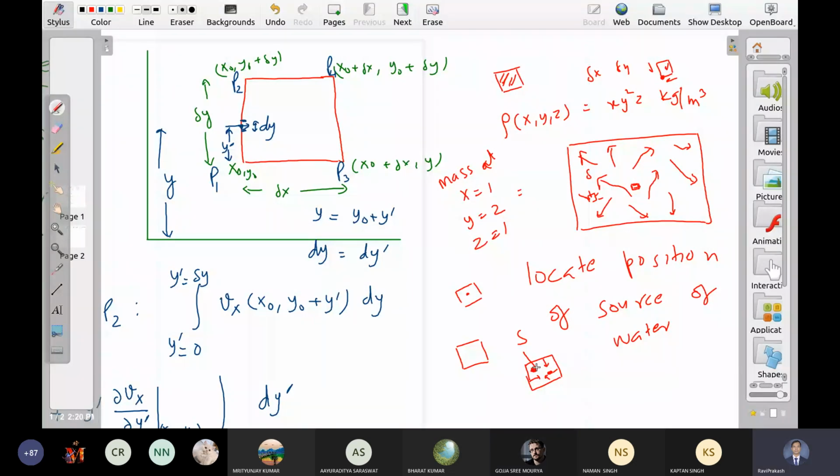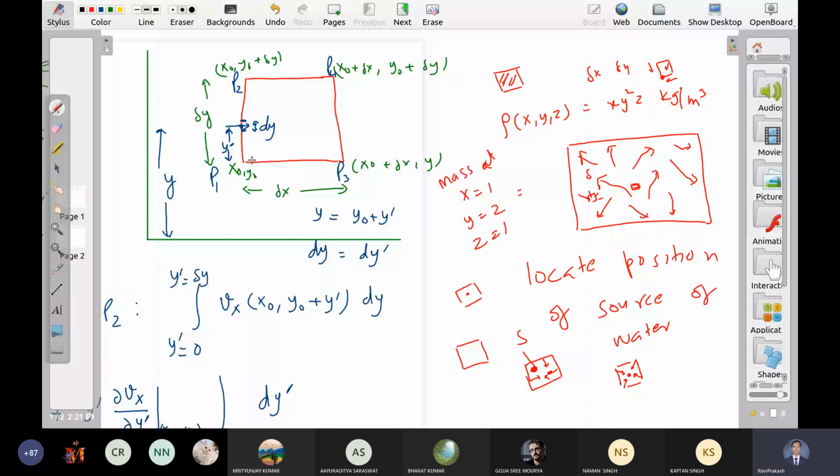Yes, sir. It's a usual practice to take a finite source, and where you have to find the water source, approach it from all directions. If there is a water source there, your answer will be non-zero. So I agree that I should take x naught y naught at the center or somewhere in between. I agree the derivation is a little incorrect in that case, but mathematically it will work.